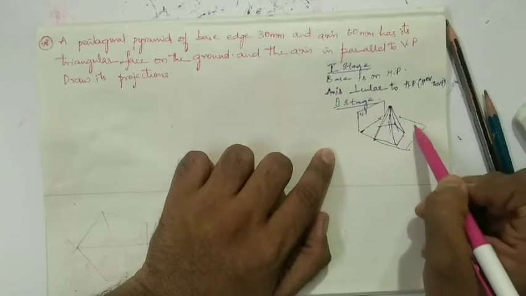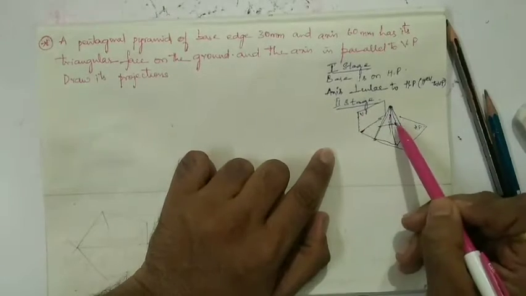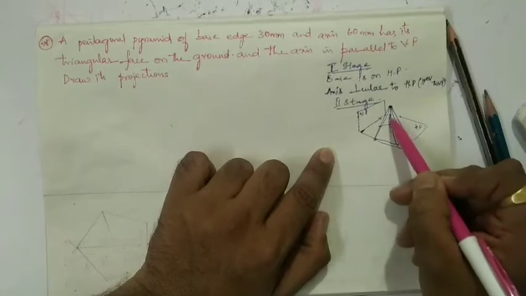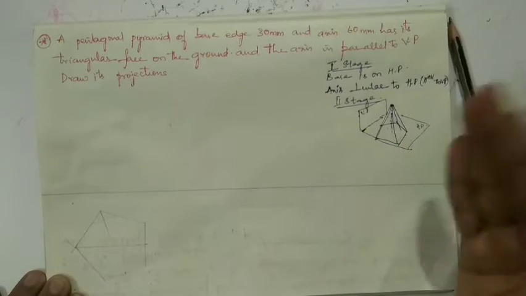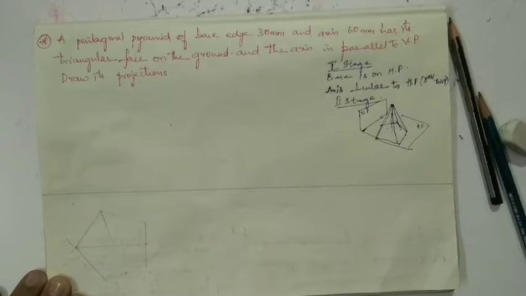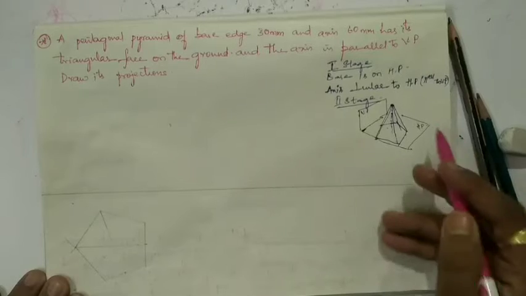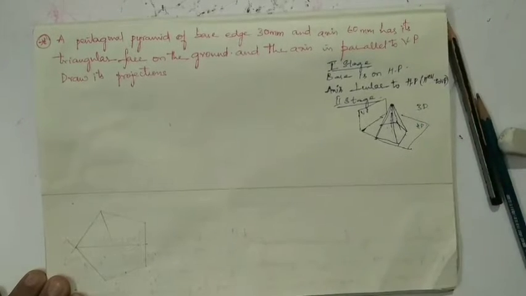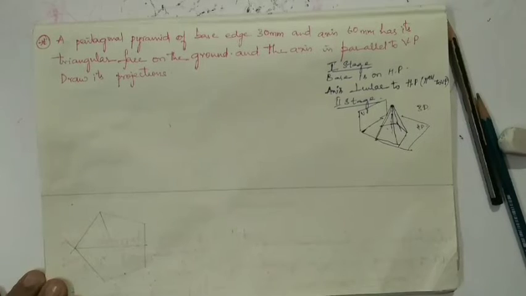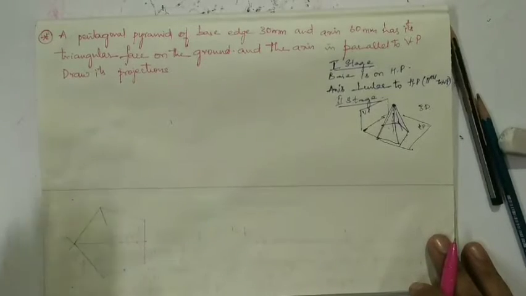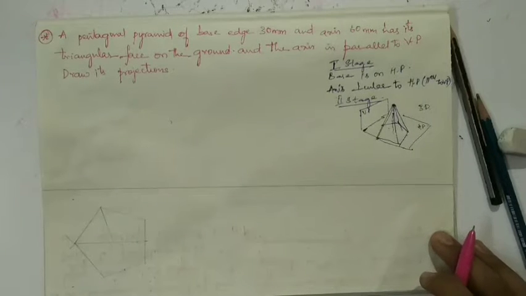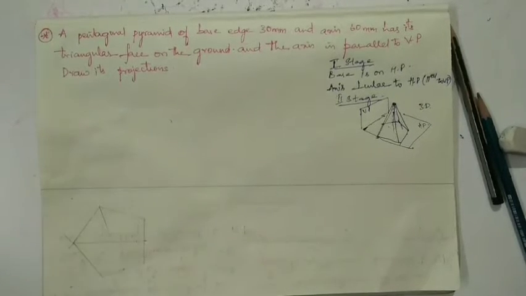This is my vertical plane and this is my horizontal plane. We are making any one of these slant triangular faces completely sleep on the horizontal plane. That is what we need to do here. So this is my 3D projection. Now for the 2D projection, the triangular face should first be kept in the initial position, and then in the second step we need to keep it on the HP, as I have shown you in the pictures.